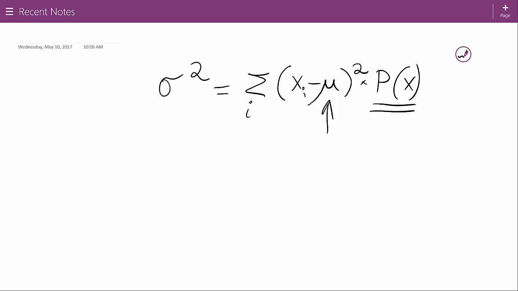I can compute the mean, and after that, knowing the mean, I can apply this formula and compute the variance. So from the variance, I can compute the standard deviation. So knowing the probability distribution beats having access to the population data, because you can compute everything that you